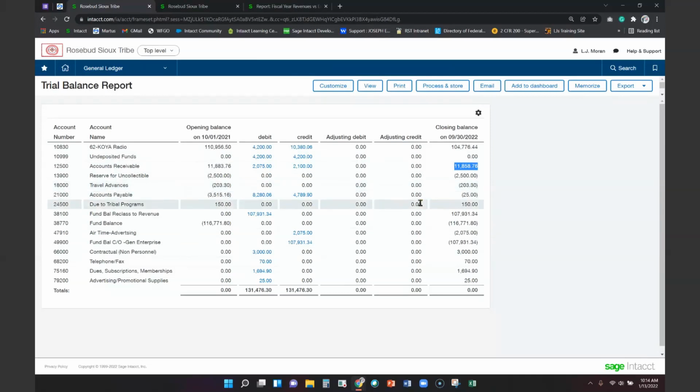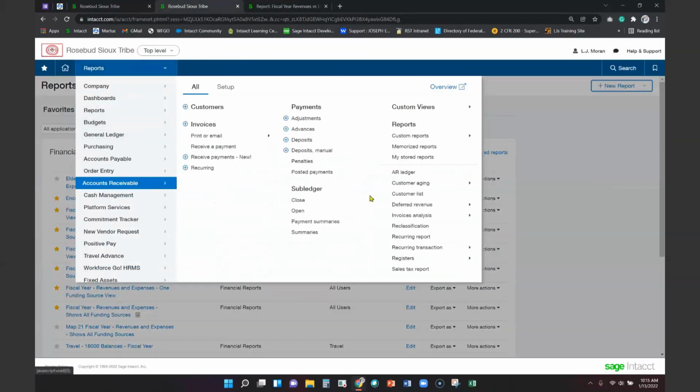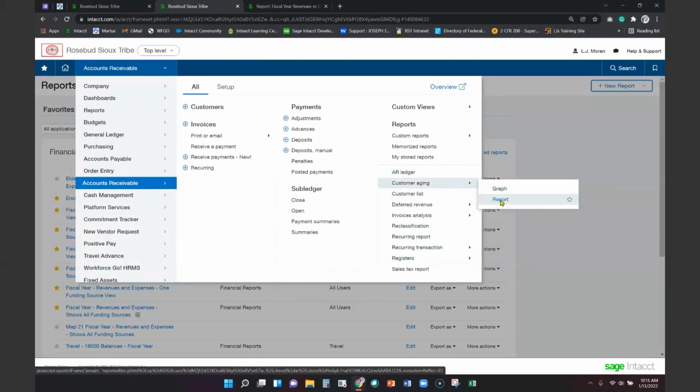If we needed to find what it was that was due to us and find it easily, we might have a difficult time. You can click on the blue links here and it's going to take us to the activity that's happened for this period. So this $11,000 might not be included. So if we're generating our own billing, you have a report under accounts receivable called customer aging report. So if we go there then to report,